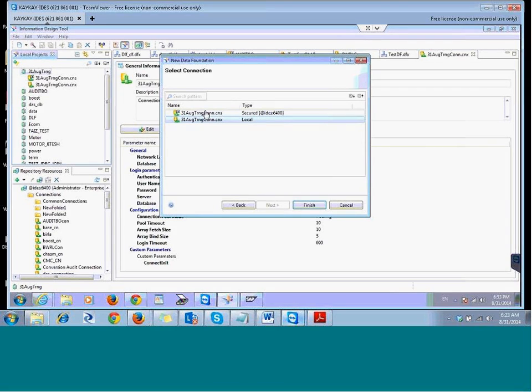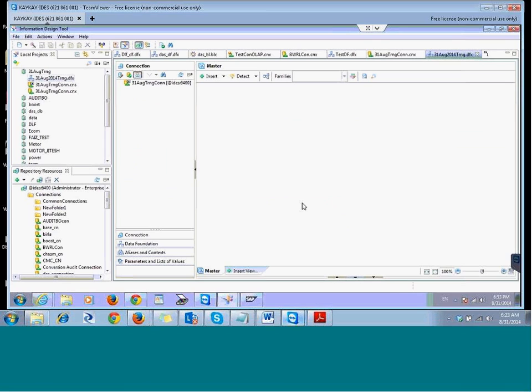One is local and one is secured. All secured ones. Okay. So the data foundation is created, with tables, joins, views, and comments. Okay. So at the top,